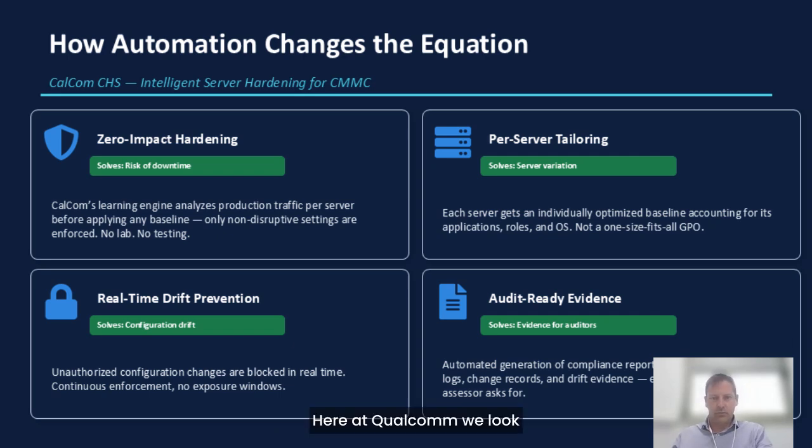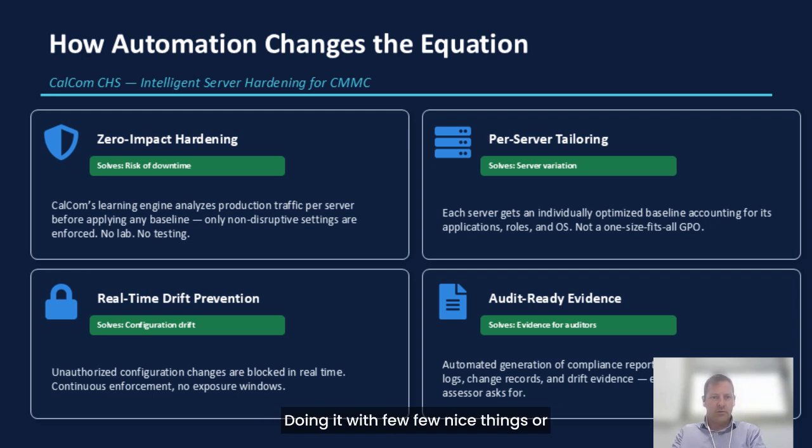Here at Calcom, we look into the challenges, we understand what sysadmins are required to do and how tedious the work of hardening is. And we came up with a solution that can help implement robust hardening in an automated way, doing it with